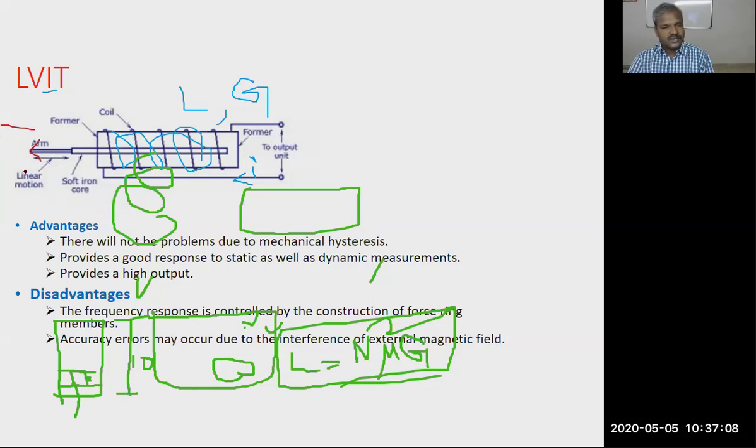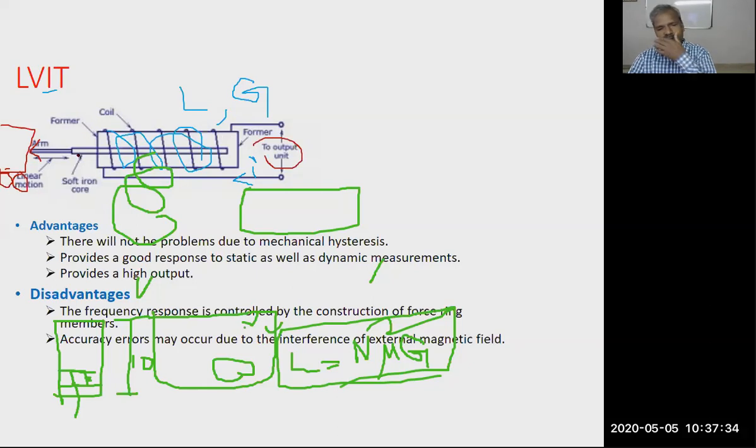This is the arm where we connect what we intend to measure. Suppose there is an object here, which has a linear motion. Consider a small moving object moving to and fro. We can attach this arm at this junction, so that we can detect the output for variation of the displacement. So this is very simple.